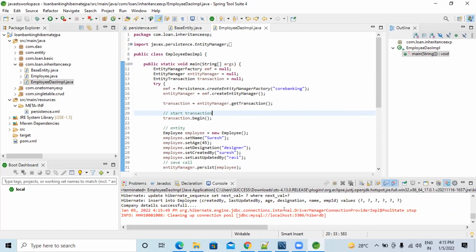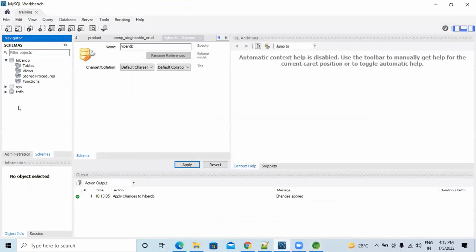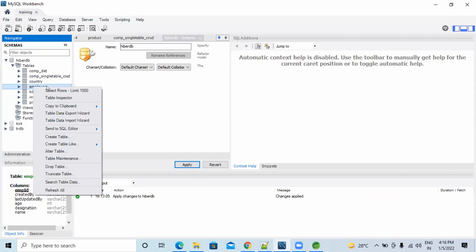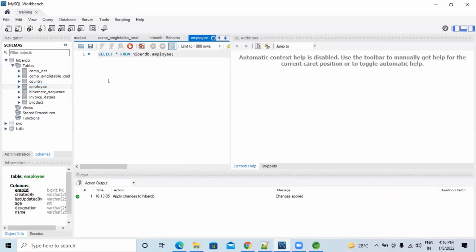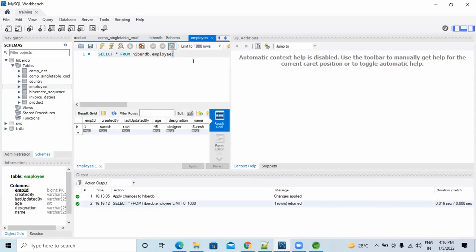Okay, go to the database and see whether you got the record. Yeah, all tables got created. Go to employee, come down, right click. Yeah, so see, he got the record. So now all the programs are there. Now all can see the program, execute it and see. Then you can simulate on your own.